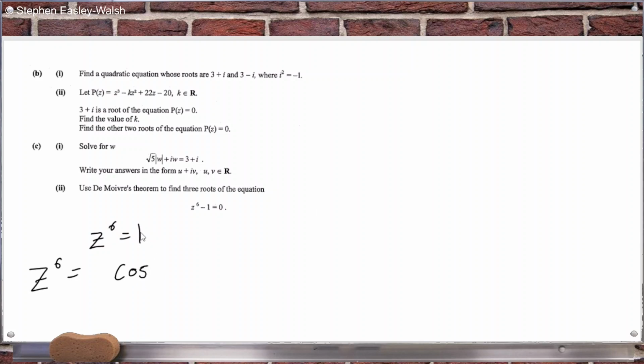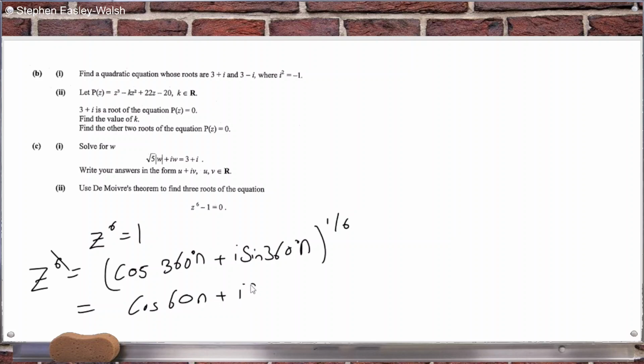cos 360n plus i sine 360n. So to the power 6, I have to take the 6th root. So that will be cos 60n plus i sine 60n. So the roots would be, just put the n in from